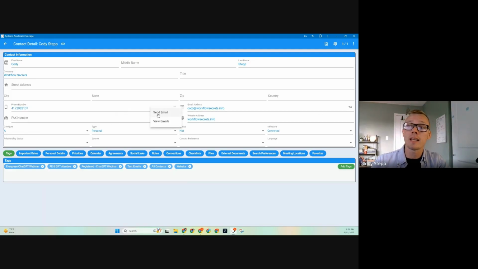You can actually send an email, or you can view all of the emails that you've ever sent to them by clicking this. And because I am using Google, it's actually going to pull up my Google inbox. It's going to filter for that specific email address, and it's going to allow me to see any emails that have gone through that. So that's a really easy way for Sam just to help us look at that data,